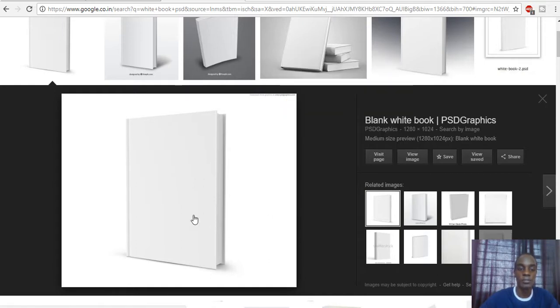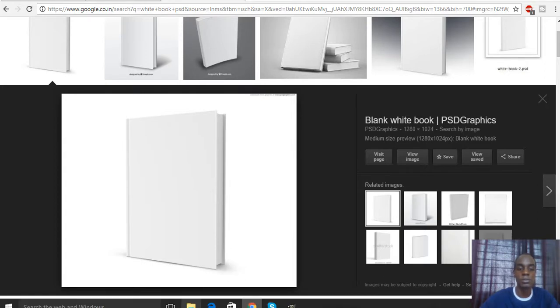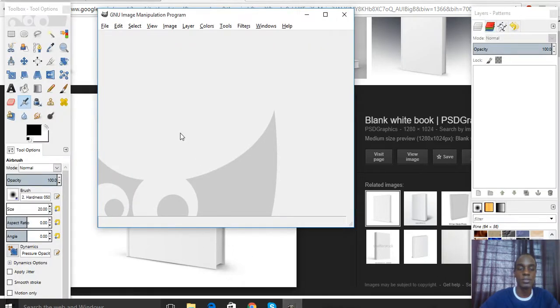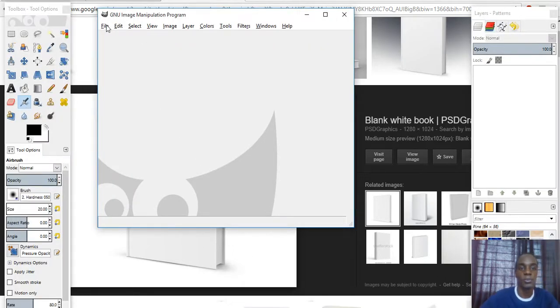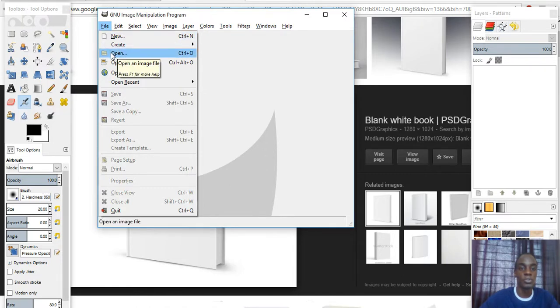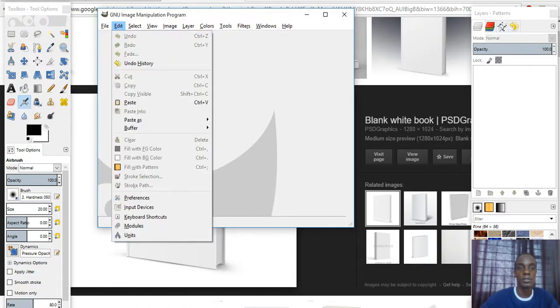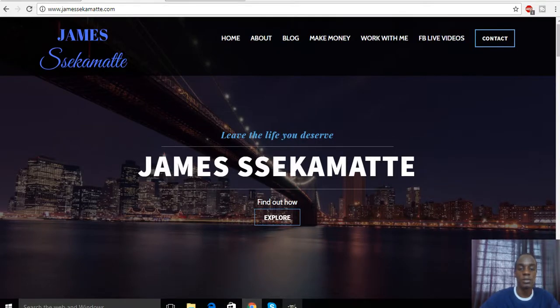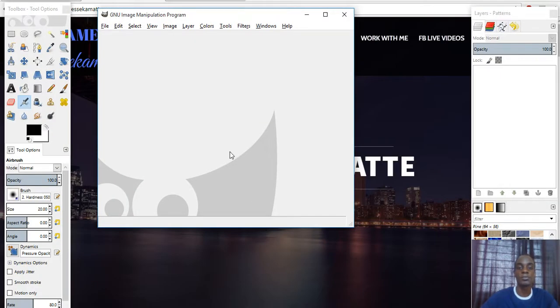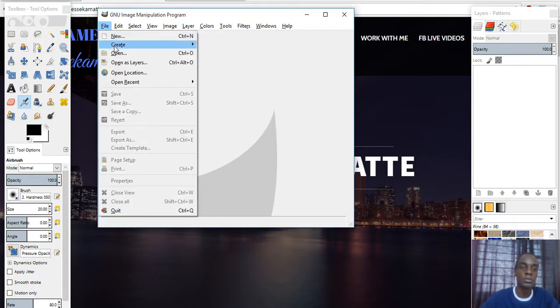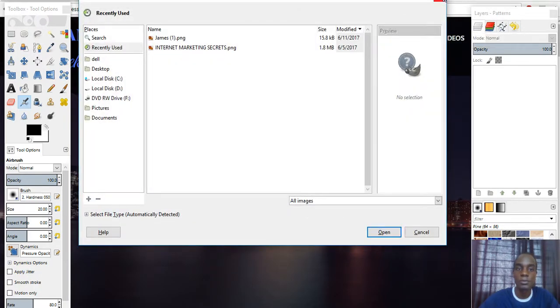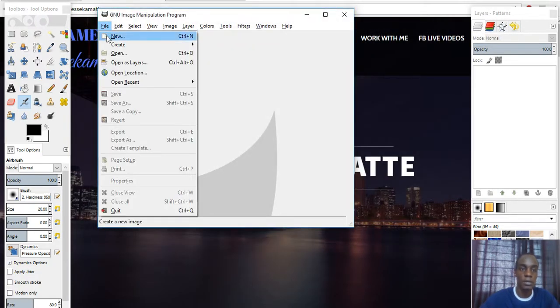So you go to where you saved it, on your desktop or in your download section, and then go to file again. So go back to GIMP, then you open, you go to where you saved the ebook. All right, let me remove that so it doesn't make a lot of contrast differences. Okay, so then you go to the GIMP file section, then you go to open. Sorry. Yeah, just go to open,